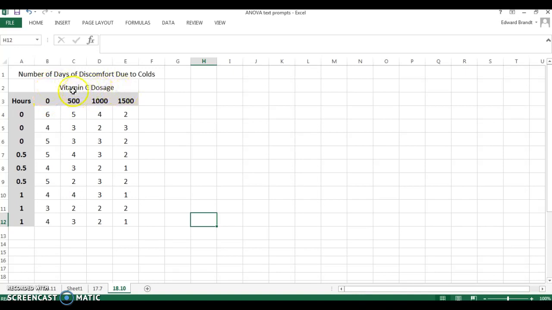dosages of vitamin C, in this one experiment being run, but you also have the number of hours of exposure in the sauna for this problem 18.10 from the text. So there's two different factors going on here: the amount of dosage of vitamin C and the number of hours of exposure. So what I did here was I took the table that they have from 18.10 in the text